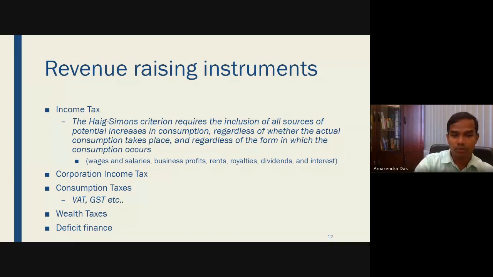Then wealth tax, of course, in India, now wealth tax has been abolished. That's quite unfortunate, in fact, because wealth tax is basically more helpful in reducing the income gap, because now what is happening, the wealth is getting concentrated with a few people, because in India we do not have a high inheritance tax. So what happens, the father or mother can transfer the wealth to their children, but children without doing anything get all these things. So your birth should not determine your level of richness. But unfortunately, that happens in India.